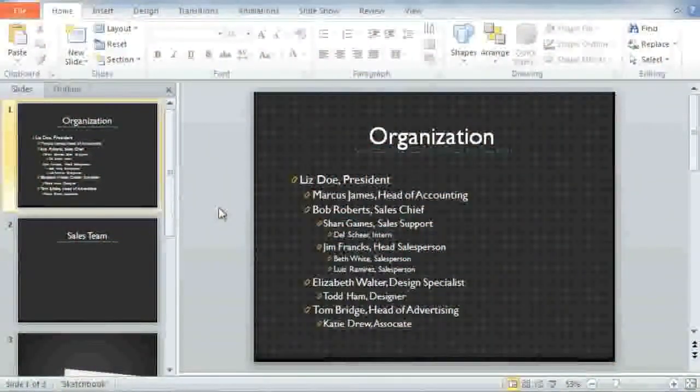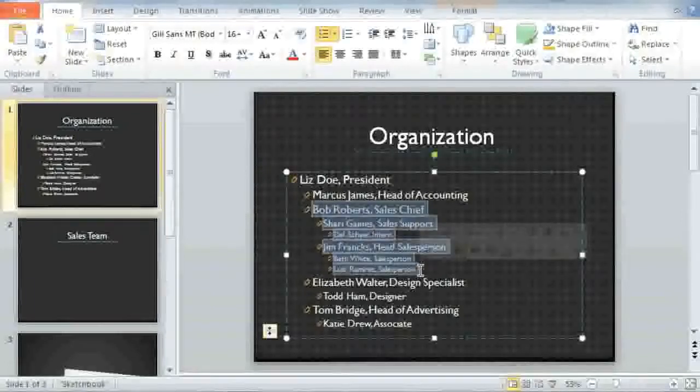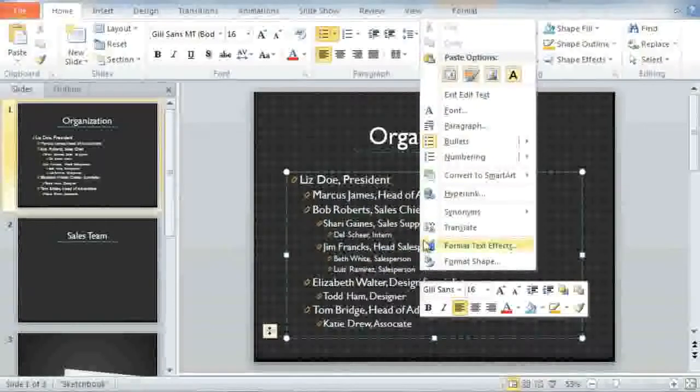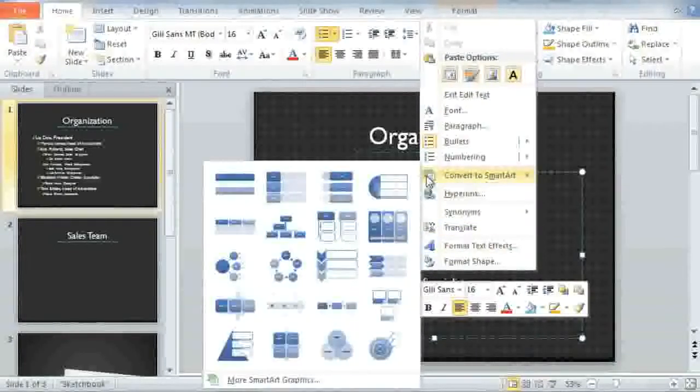In PowerPoint 2010, SmartArt gives you the chance to communicate with your audience using visuals instead of text, which can help you add more color, shape, and interest to parts of your presentation. I'd like to create a graphic that zeroes in on the sales team at my company to explain their chain of command. While you can right-click inside any text box to convert the contents to SmartArt, I want a little